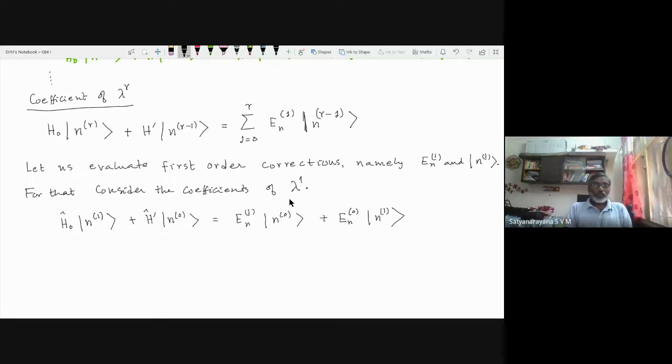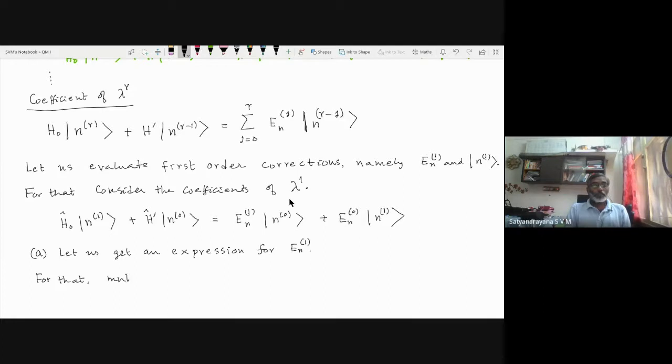Now, first let us try to get En1. Okay, so let us get an expression for E. So for that,